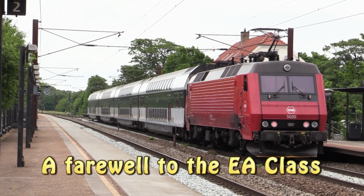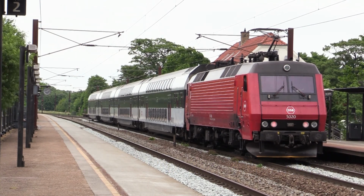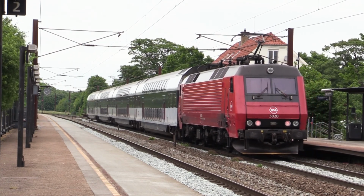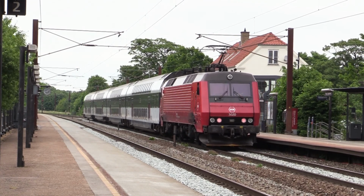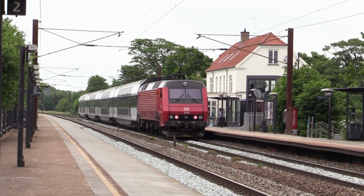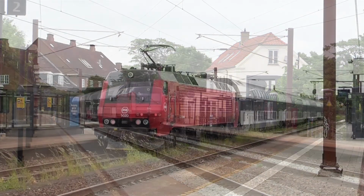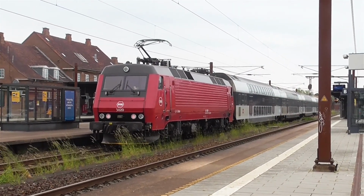On Friday the 11th of December 2020, the last ever EA-hauled regional service was operated, and with that the end of an era that had started out in 1986. The EA class came about as a result of one of the State Railways APO groups, or Research into New